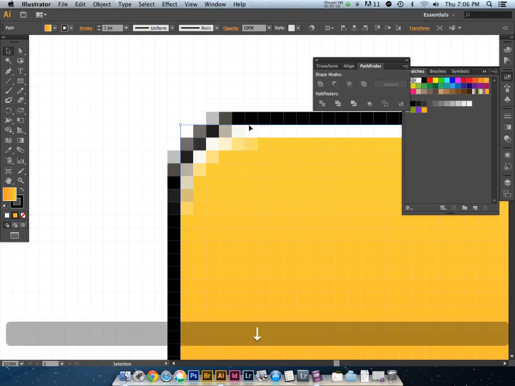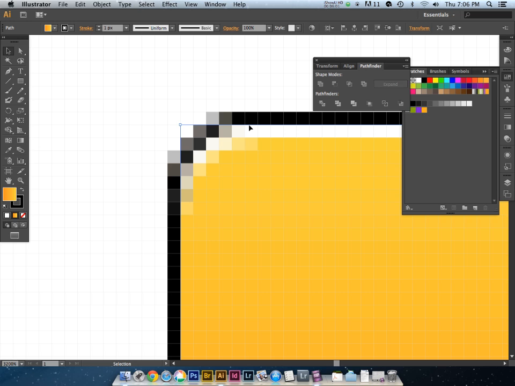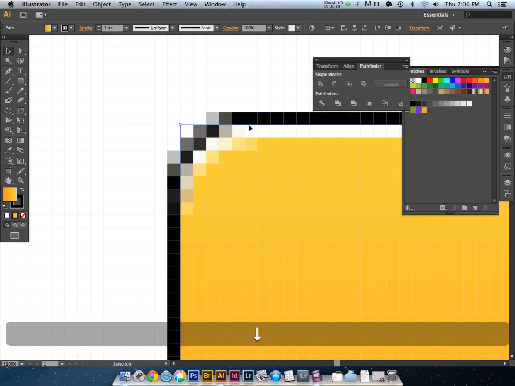You see that? It's jumping exactly 1 pixel. This is a very important thing, by the way. It's jumping exactly 1 pixel as I'm moving this object around. Now, if I go back to a standard preview mode